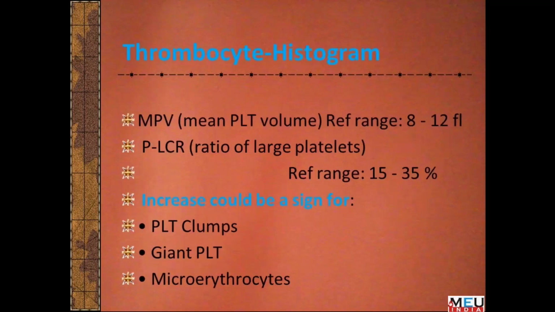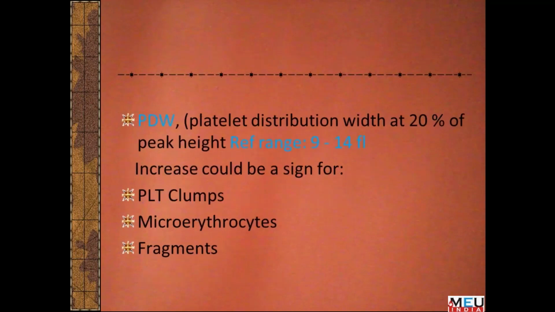Then in platelet histograms, the reference range is 8 to 12 femtoliters, and the ratio of large platelets is around 15 to 35%. An increase could be a sign of platelet clumps, giant platelets, or sometimes broken RBCs, which also look like platelets. The platelet distribution width is another parameter, about which a lot of papers are available, and the normal reference range is 9 to 14 femtoliters. An increase could be a sign of platelet clumps, microerythrocytes,